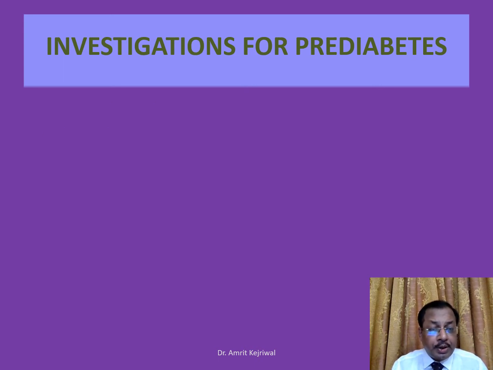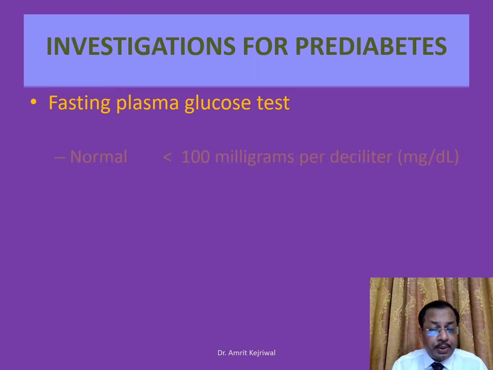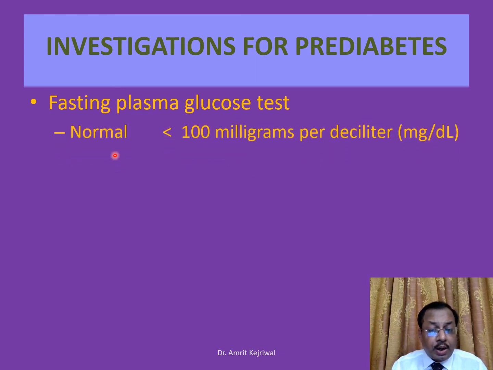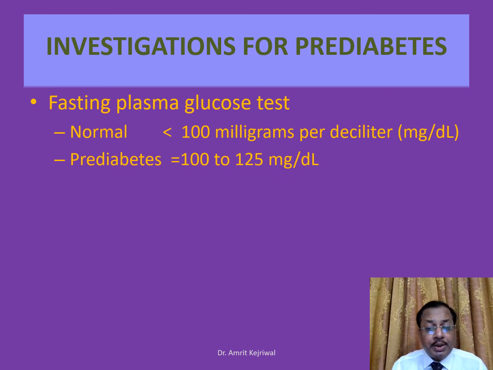So if you're a diabetic and you want to see whether your children are having it or not, then you do a fasting blood glucose test. And the technician will take a venous sample, and a normal is less than 100 milligrams per deciliter. Pre-diabetes is between 100 to 125 milligrams per deciliter, and diabetic patients have a blood sugar greater than 126 milligrams per deciliter. So if you do a fasting blood sugar and it's between 100 to 125 milligrams per deciliter, then it's pre-diabetic.